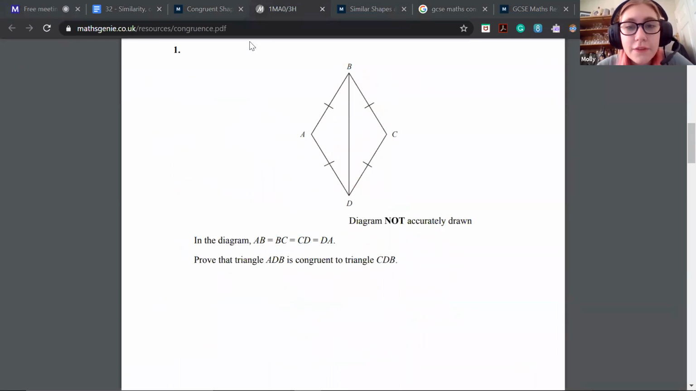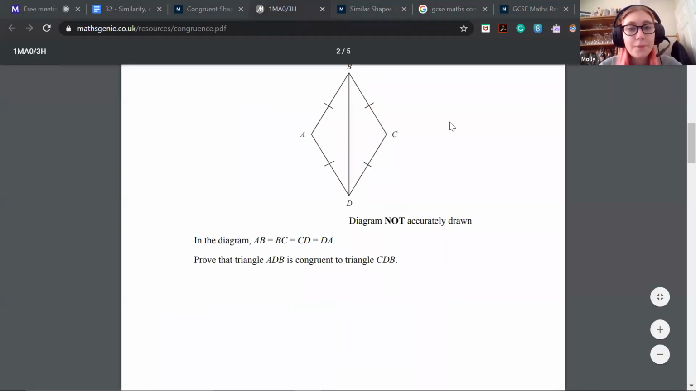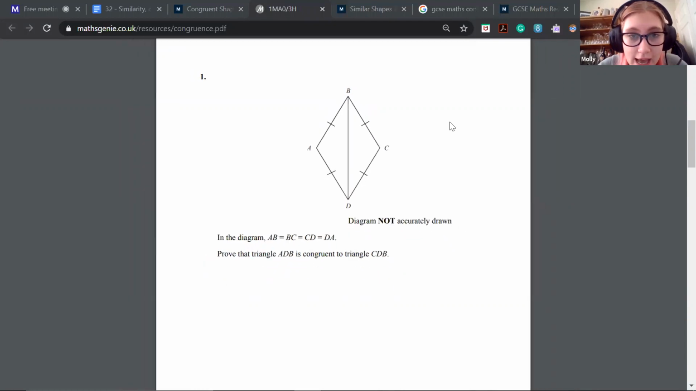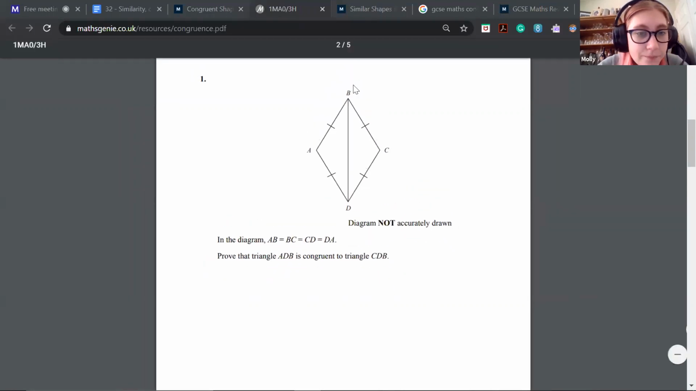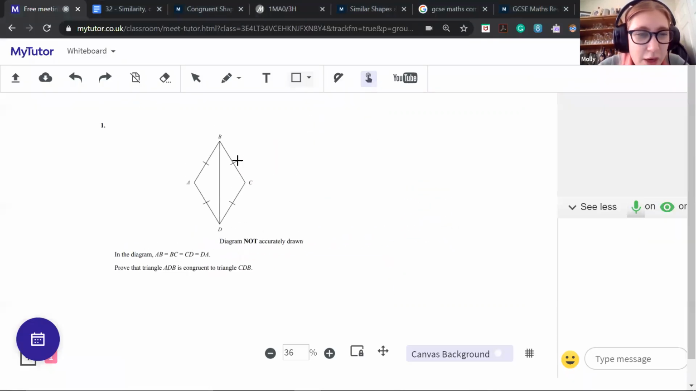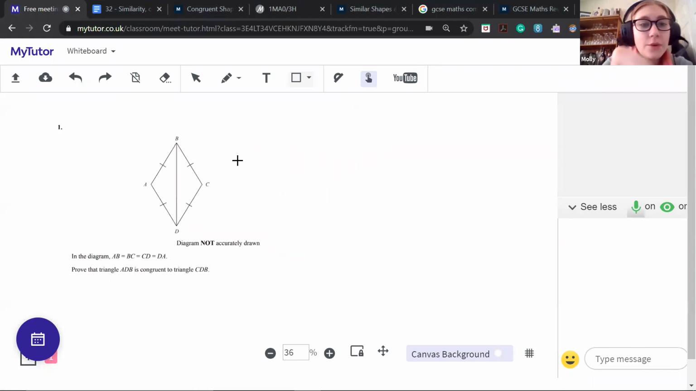Brilliant, loads of people have got this. So this one will be side, side, side. So the reason that we say this, and you have to be quite thorough when you say everything. So we have to say,